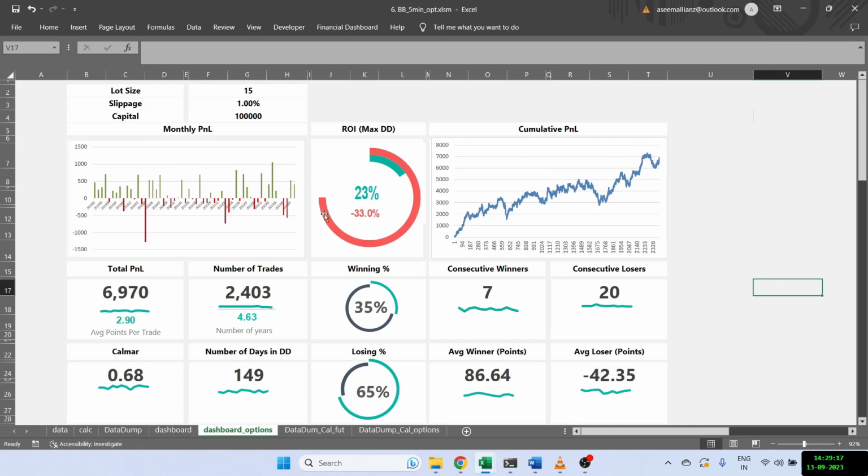But still, you will realize that this is not a very good strategy, for the simple reason that the consecutive losers is just too high. There are 20 consecutive losers, so it's extremely high on the psychology to trade such a system. Also, the winning percentage is very low. It's only a 35% winning percentage. So overall, even though the cumulative curve is a rising upward curve, the strategy technically does not sound too great. So even with this kind of modification, we've not been able to get good results on this reversal Bollinger Band